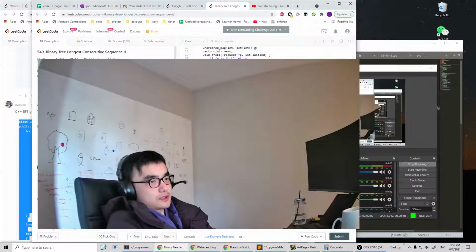We don't actually need to store the v here, right? That is not necessary. We just still need to access the value here. If they're equal, then we can calculate